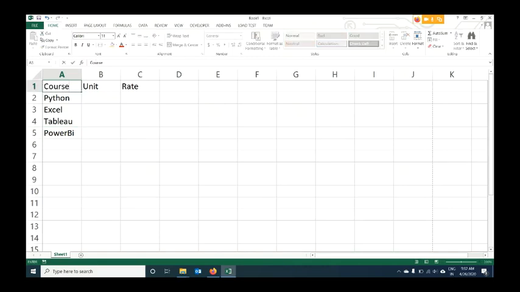Rather than product, I say course. I'll say unit, I'll take some small numbers. Rate, let it be 1,000, 1,200, 1,500, and I'll say 3,500, 1,350. So if I'm looking for the summation of the multiplication of these two values, I can go for